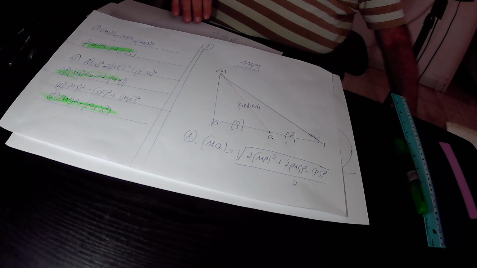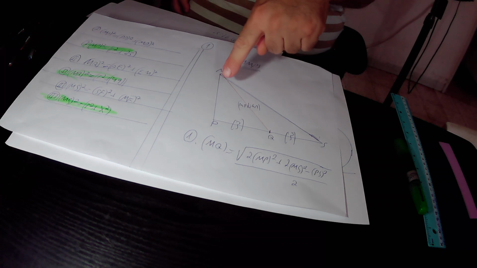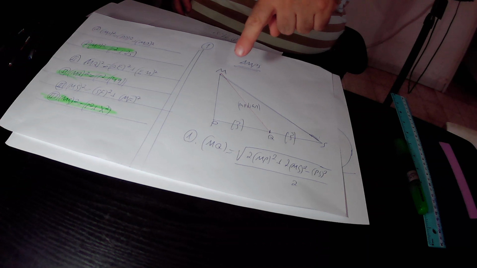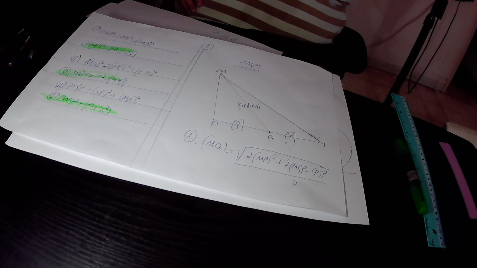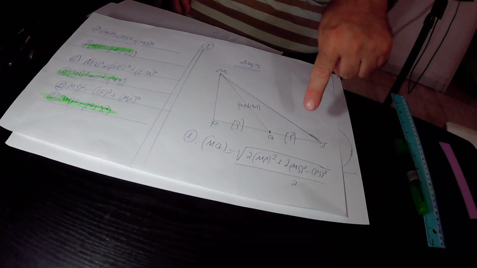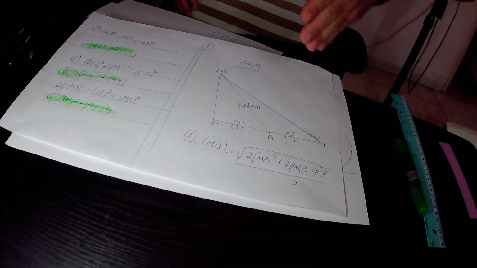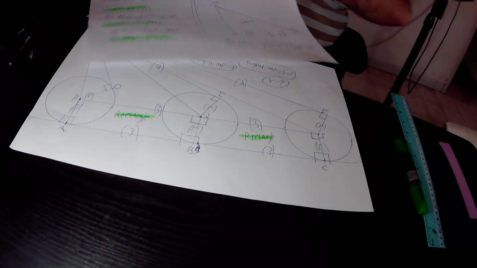According to the new formula, the length of the median MQ must be equal to the square root of 2 times mp squared plus 2 times ms squared minus ps squared, divided by 2. Again, mq equals the square root of 2 times mp squared plus 2 times ms squared minus ps squared, over 2. We multiply this equation, equation 1, by 2, and finally find that according to equation 1,